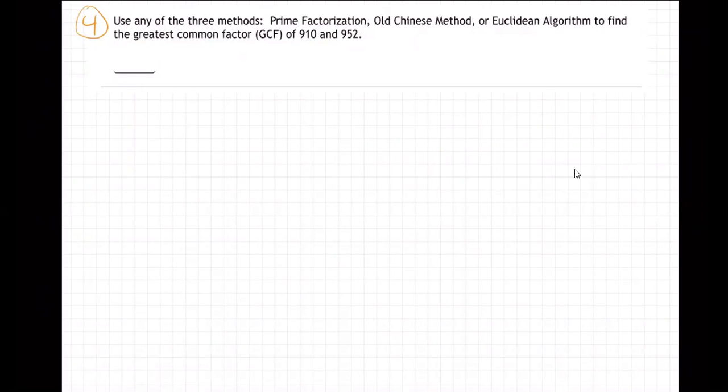Honestly, I don't even know what the old Chinese method is. You could read, it's in our textbook, I'm sure. I just grabbed a free textbook online that came recommended. I haven't read it all, to be honest with you, and I've never studied the old Chinese method. You could go on Google or go to our textbook and read about it if you want to do that. I might actually later if I have a moment this afternoon,